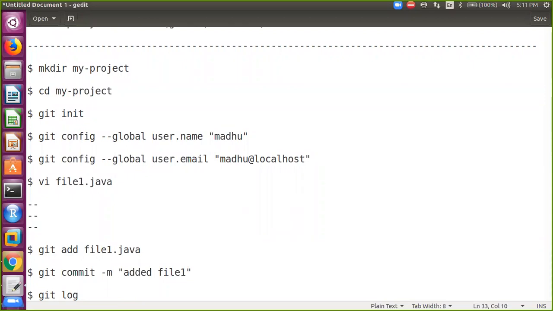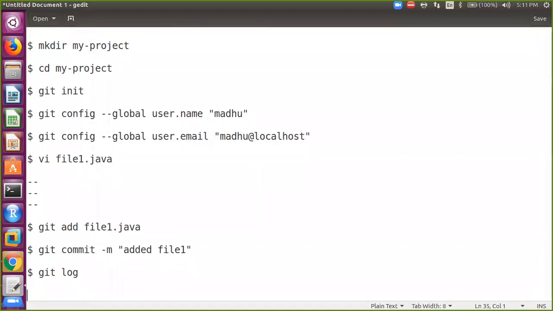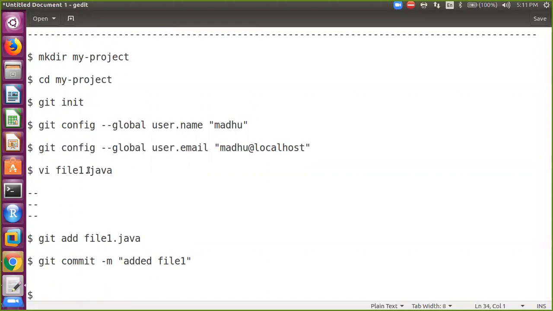Right, sir. So after committing this file, let's say there is a scenario where you want to modify the existing file. Let's say you want to add some lines to the existing file.